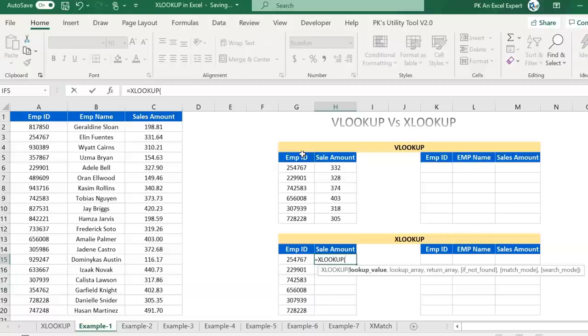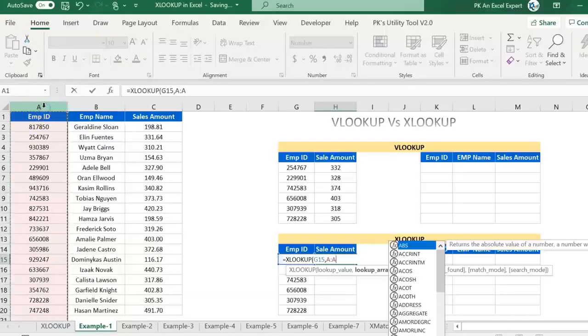The first one is the lookup value. Like VLOOKUP, we will use this employee ID, comma, lookup array. Now for the lookup array, we select where we have to search this employee ID. We know this employee ID is available in this column, so we can select this column.